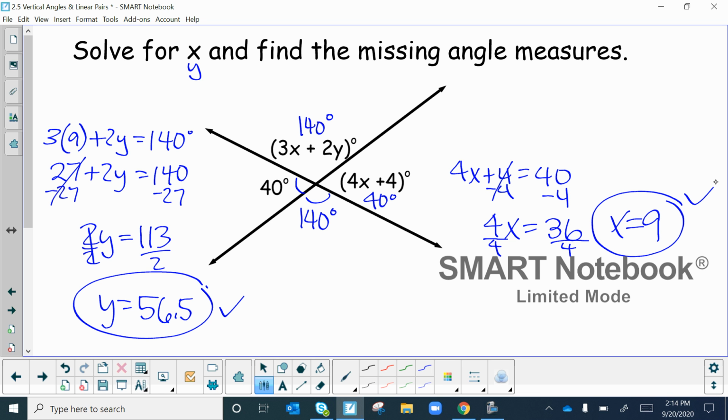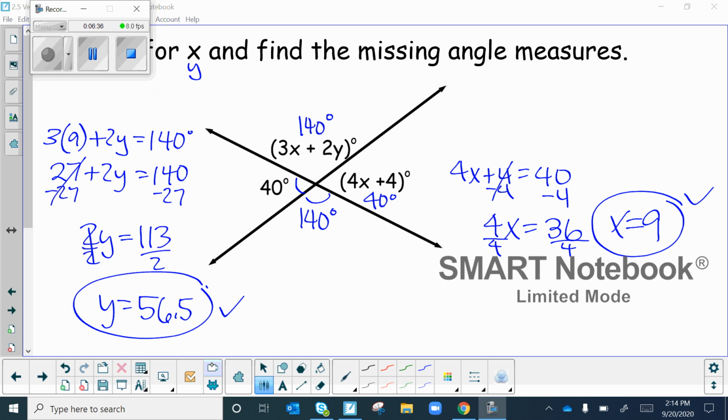All right, so there's your Y, there's your X, and you know the measure of every angle because linear pairs and vertical angles are super easy to work with. They're congruent or supplementary. Okay, and that is it. Easy lesson. So hopefully it should